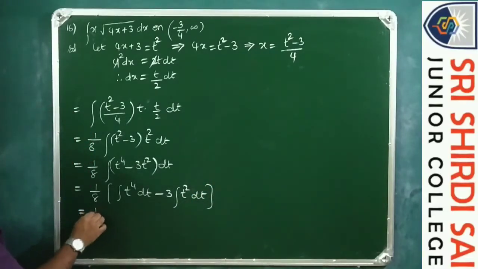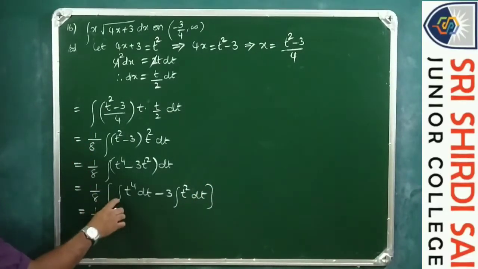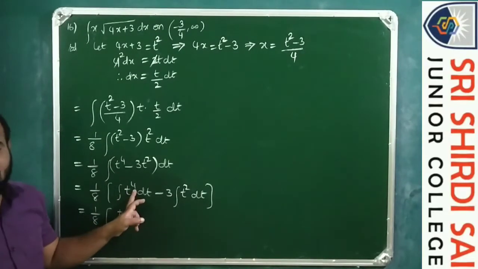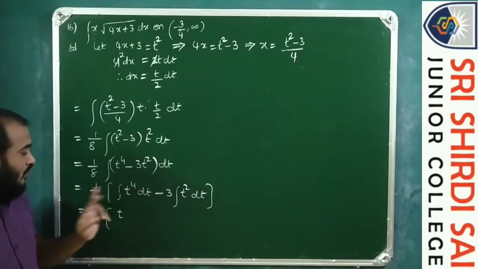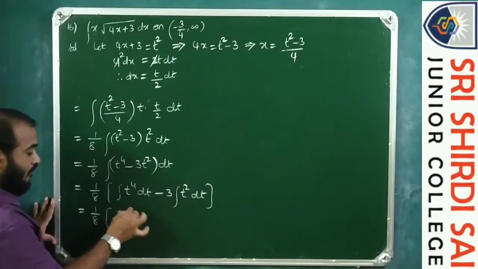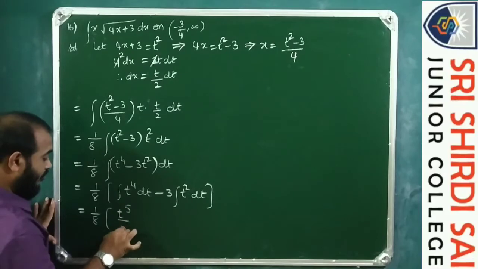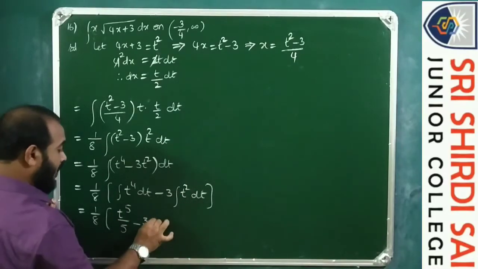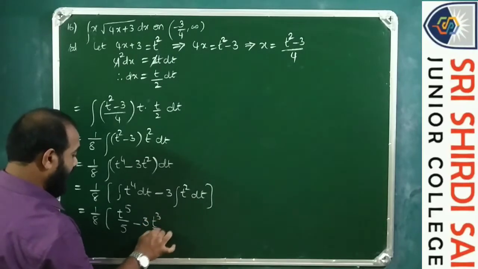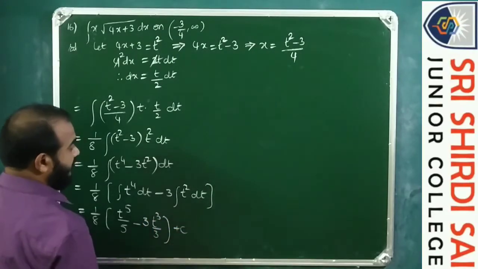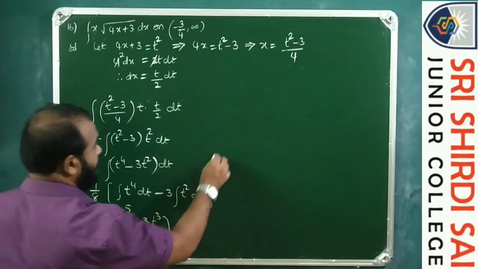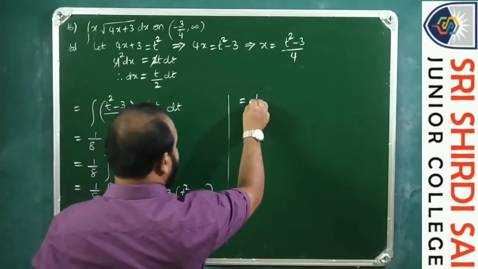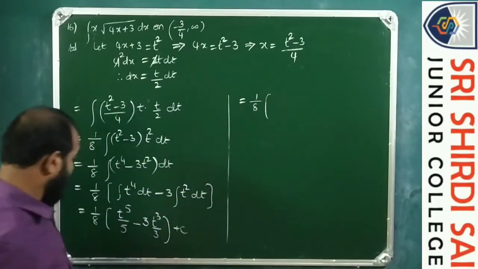So this is 1 by 8 into integral t power 4 dt. Integral x power n dx is x power n plus 1 by n plus 1. So this is t power 4 plus 1 by 4 plus 1, t power 5 by 5 minus 3 into t power 3 by 3 plus constant of integration c. So this is equal to 1 by 8 into,